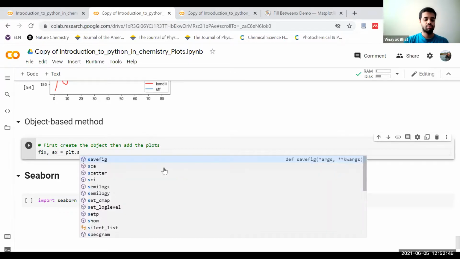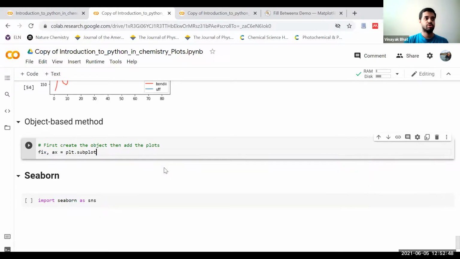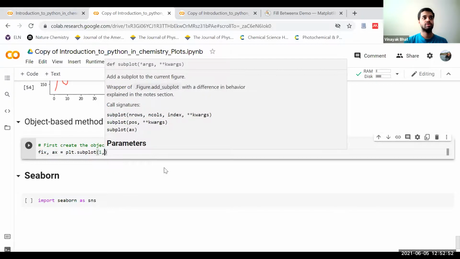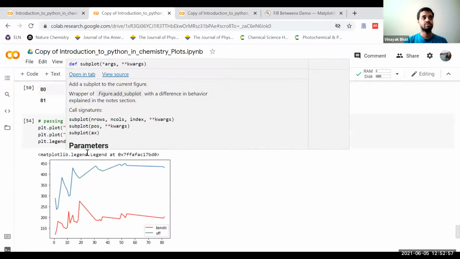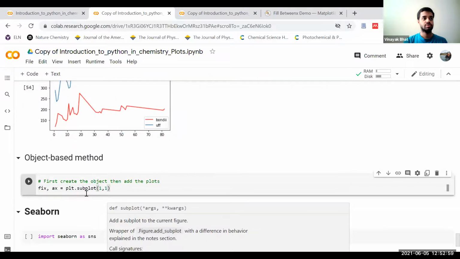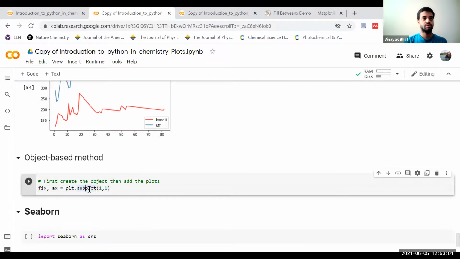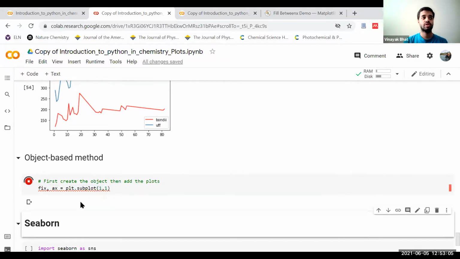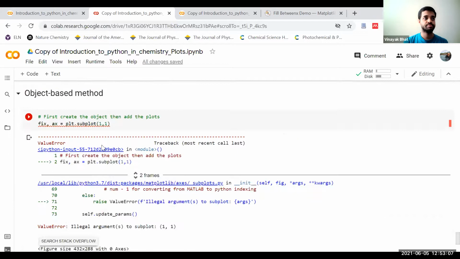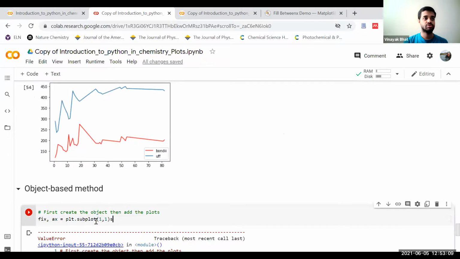We'll call subplots, and by default it is 1 and 1. So if you look at these arguments that we pass in, it is the number of rows and number of columns. So if you see that now,